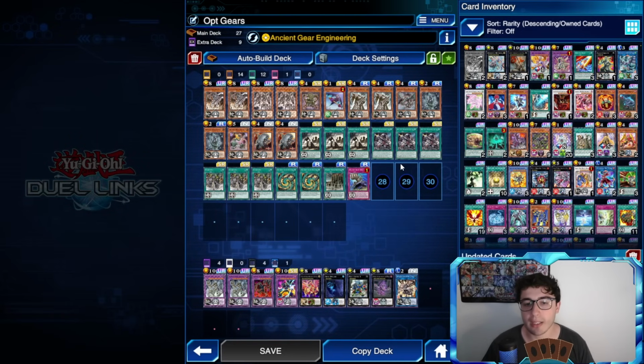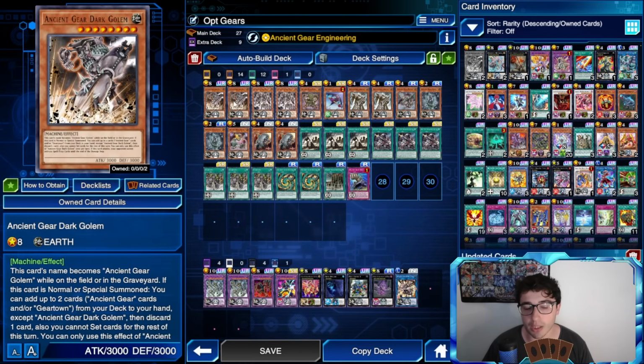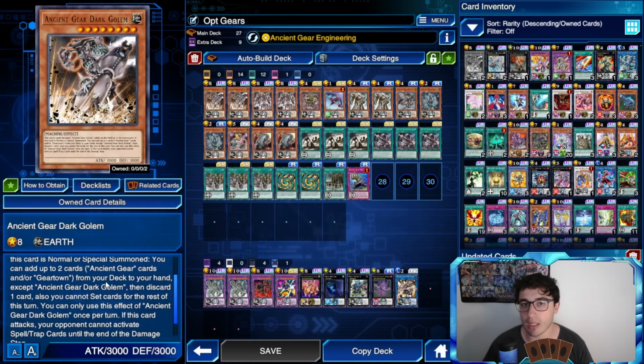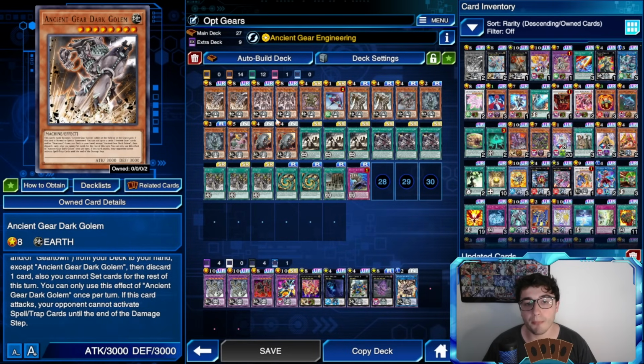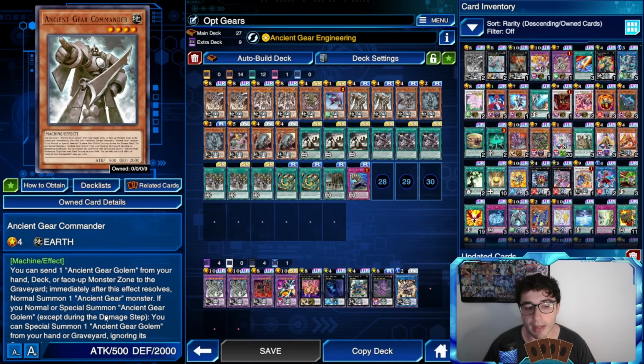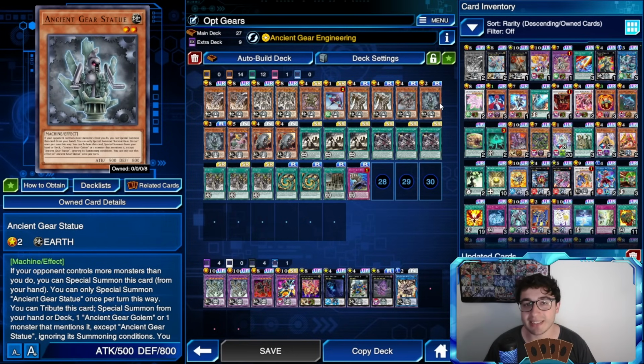First things first, let me start from the new cards. We got the Ancient Gear Golem, a searcher. Every time it's normal or special summoned, it makes you grab 2 Ancient Gear cards, including Gear Town, and then you have to discard 1 card. We have the Ancient Gear Commander, which is fundamental for your combo because it gives you an additional normal summon. Then we have another fundamental card, Ancient Gear Statue,